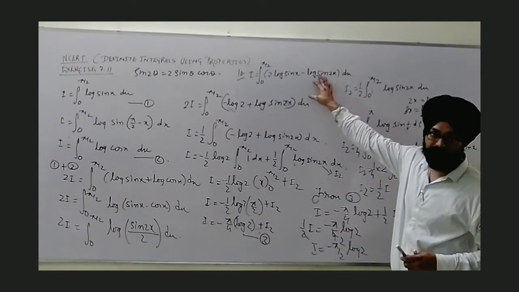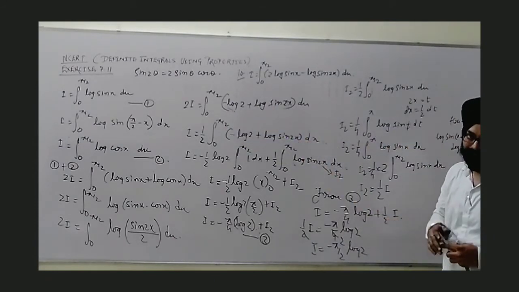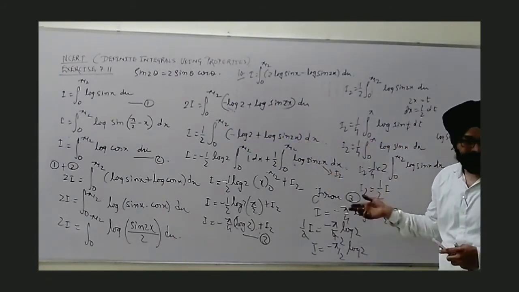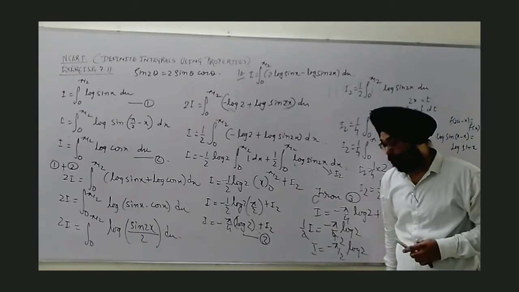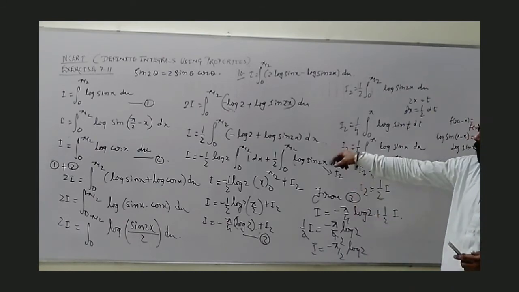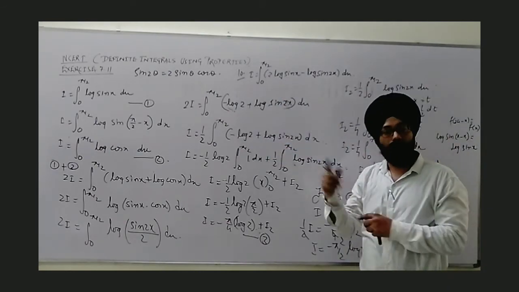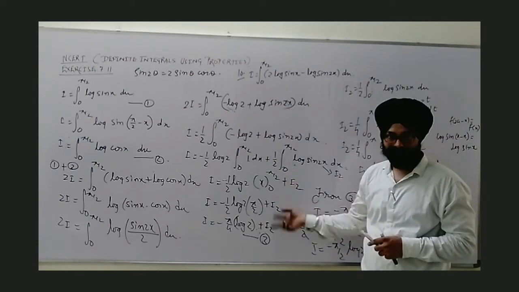Finally, this is what I have shown. I have solved this question using log sin x in full. This is the full solution for log sin x from 0 to pi by 2. As I said, this is important, so we need to see that properly. So this finally we have obtained. Now we can use this result directly in the integral. I will show you that method also, so that becomes the second method.